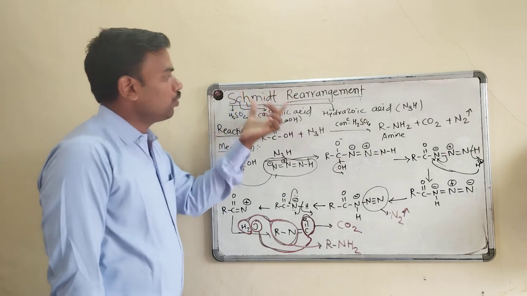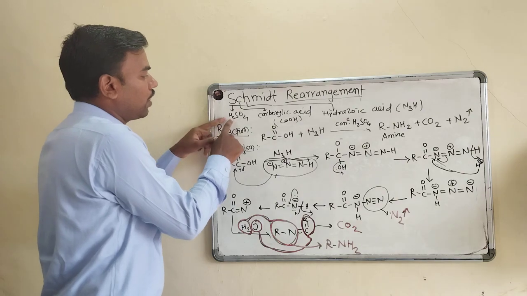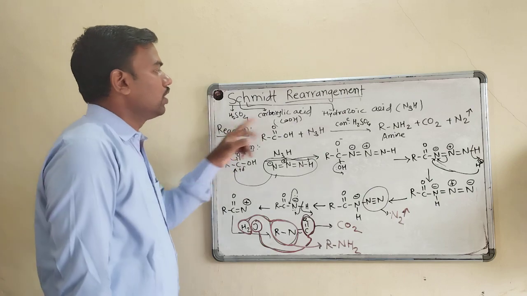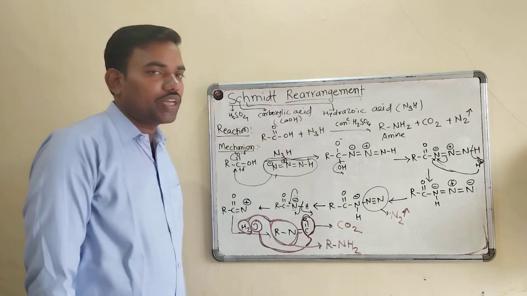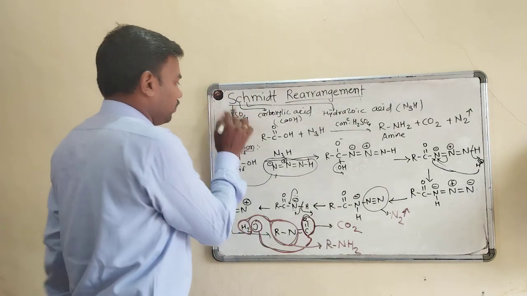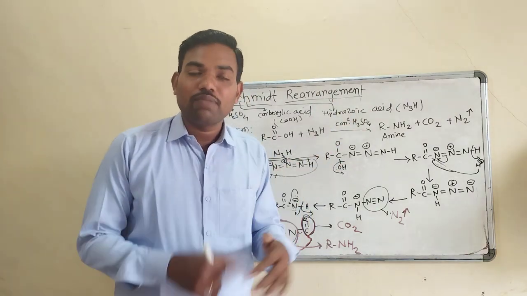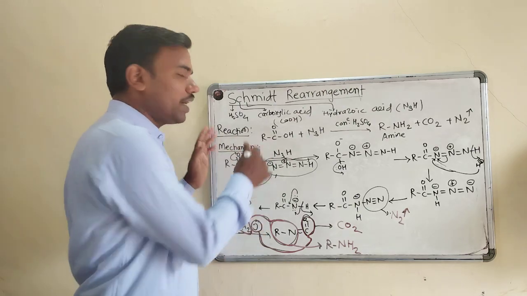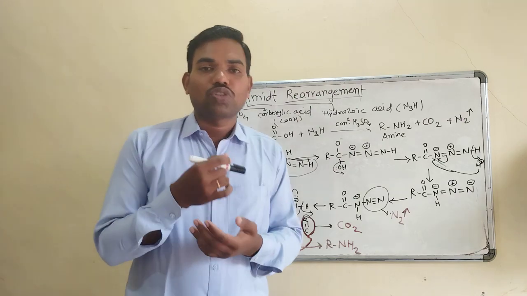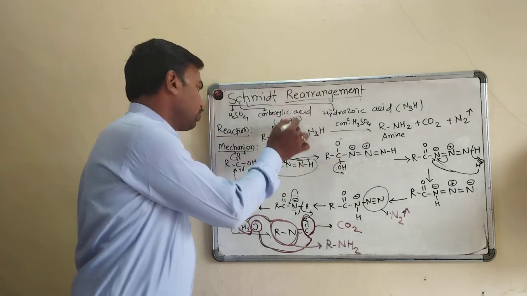So we have to remember with the help of the initials of this: S, for which we are using H2SO4; C for carboxylic acid, COOH; then H for hydrazoic acid, that is N3H. So see here, to save the time of the video, to minimize the time of the video, I have already written the reaction and its mechanism, so that this video becomes short and our concept gets clear. So this is my intention to write earlier.